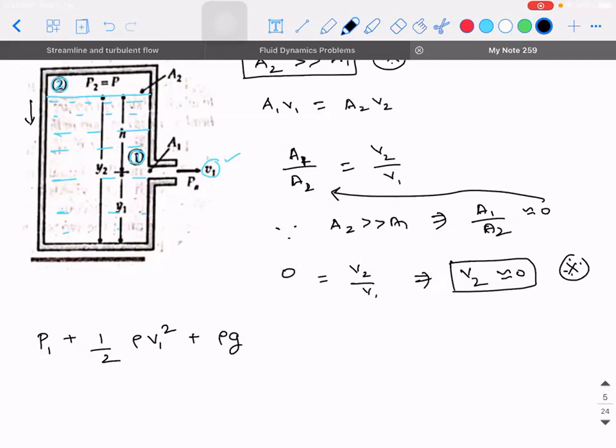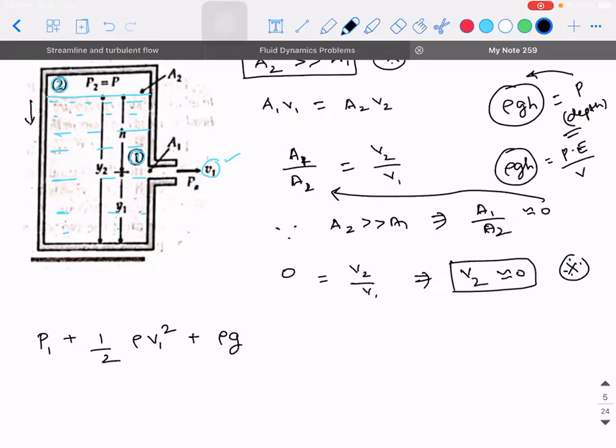There are two formulas, and you will see rho g h in two places. I just want to stress this point. You would have seen pressure varying with depth in fluid statics, given as rho g h. Here also you are using rho g h, but here it is not pressure; rather it is potential energy per unit volume. That is why you are able to dimensionally add these two parameters. Potential energy is always measured with respect to the base.